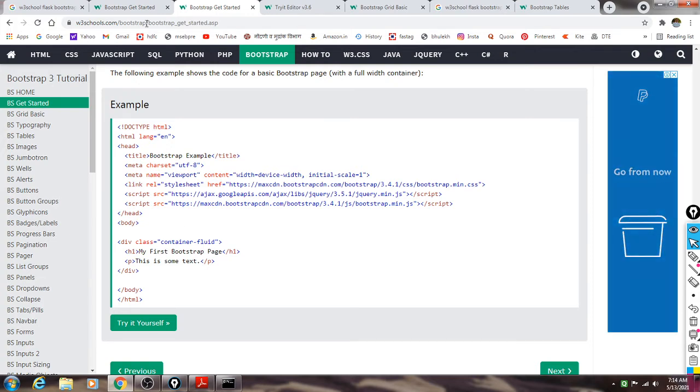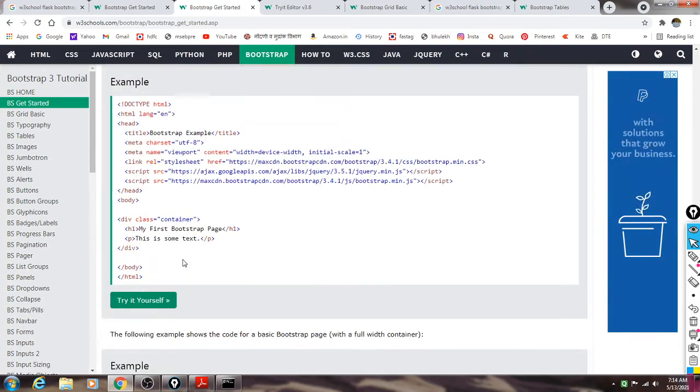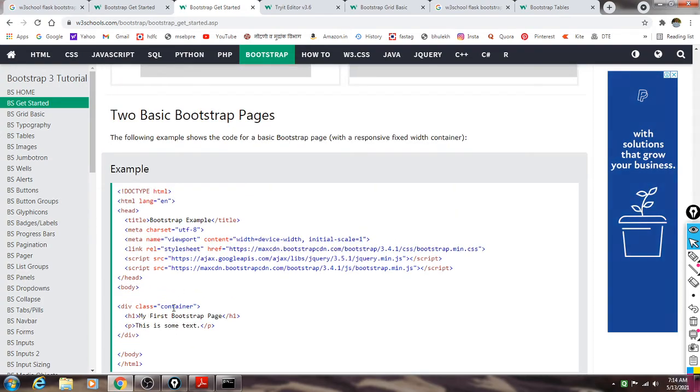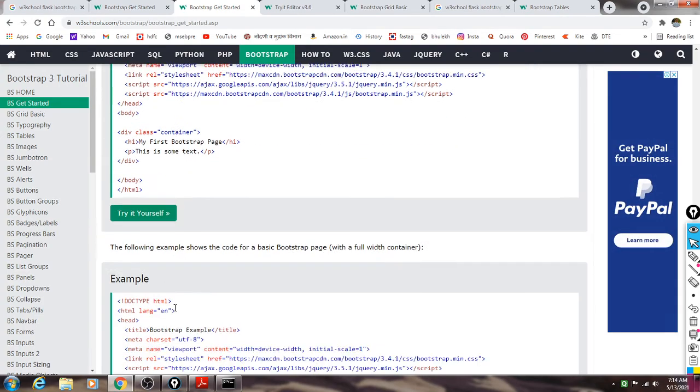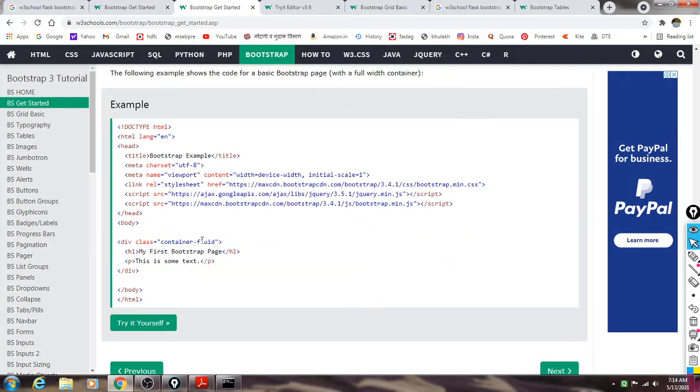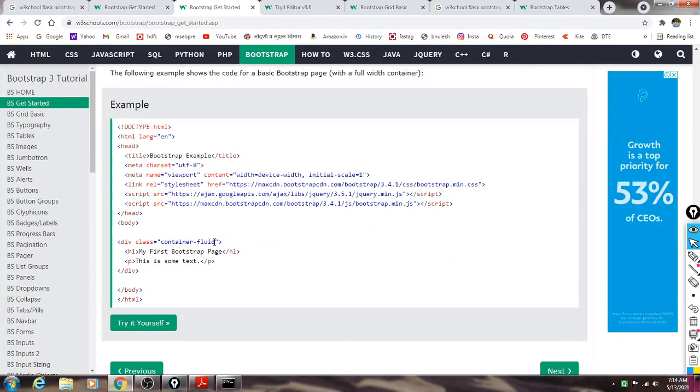Look here, in the previous example we used the container class, which is already defined. Then here we used the container fluid class. The container fluid class has some different attributes. So when we call this class, it will execute with its attributes.